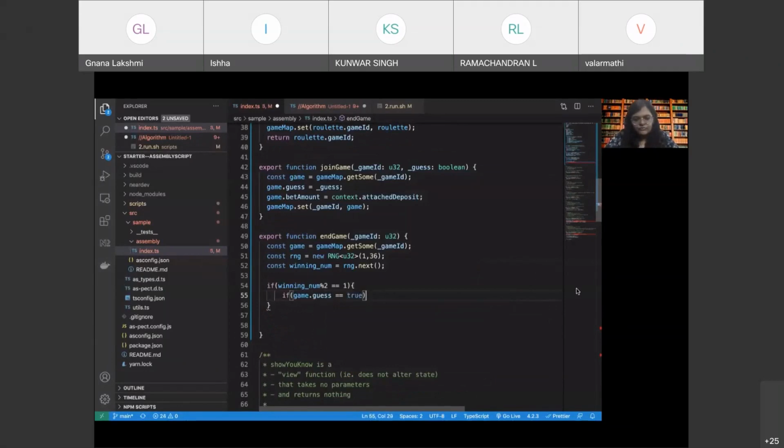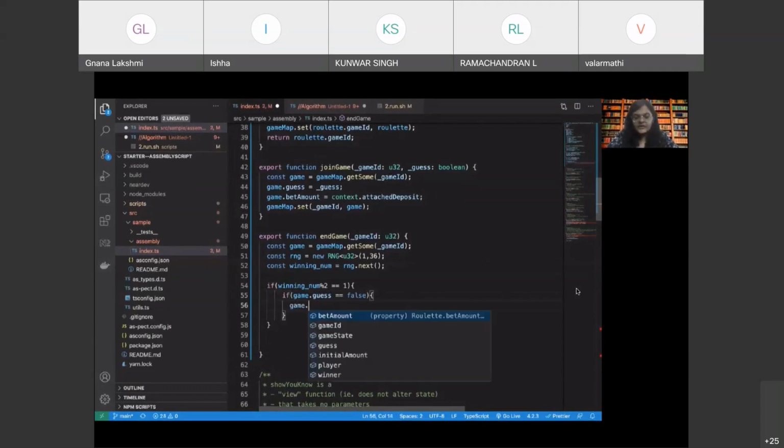Then, okay, so let's do this, right? If the game dot guess was false, then we change the winner, right? Otherwise, we let the winner be.